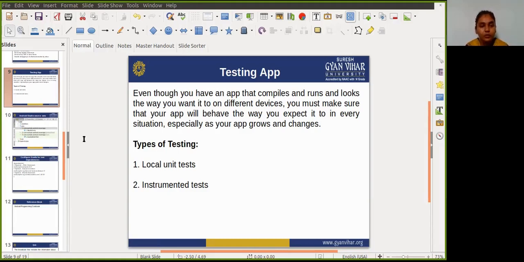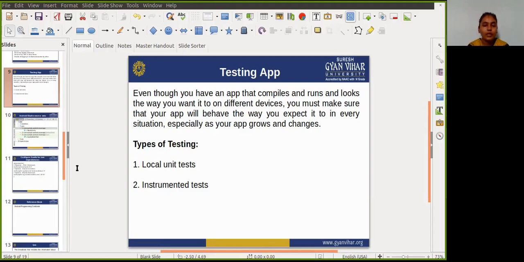The next kind is instrumented tests. Instrumented tests are tests that run on an Android device or emulator. These tests have access to the Android framework and instrumentation information such as context. You can use instrumented tests for unit testing and user interface testing, or integration testing also, making sure the components of your app interact correctly with other apps.